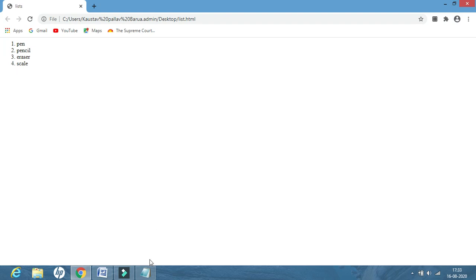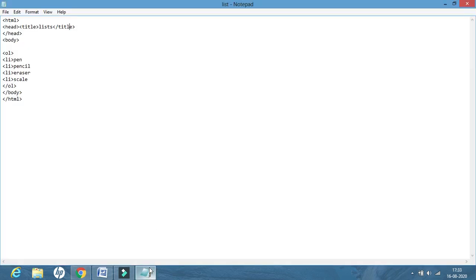Next, the same list we will create with unordered list. For unordered list, everything will be the same except this OL. So this OL will become UL. UL stands for unordered list and all others remain the same.